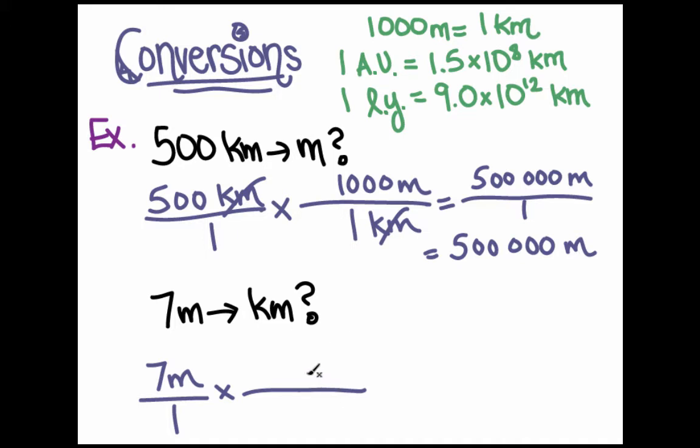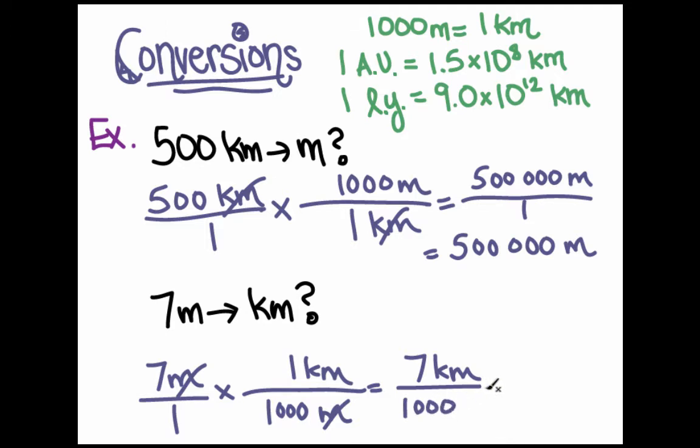Then you need to decide what goes on the top, what goes on the bottom. You want to be able to cross out the meter units, so then the meter value should go the bottom. So you'd write 1,000 meters is equal to 1 kilometer. Now you can cross out your units, then multiply your numerators together. So 7 times 1 is 7. You carry your units, kilometers, over 1 times 1,000 is 1,000. Then you plug this into your calculator, 7 divided by 1,000. You should get 0.007